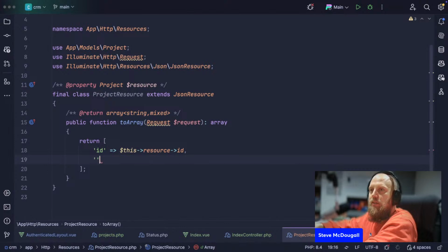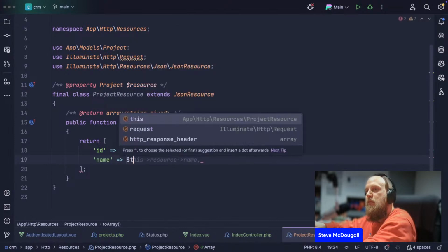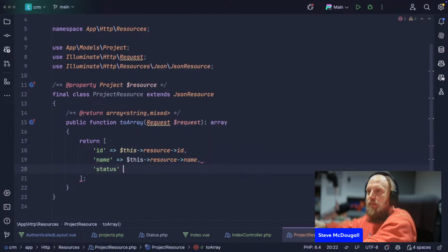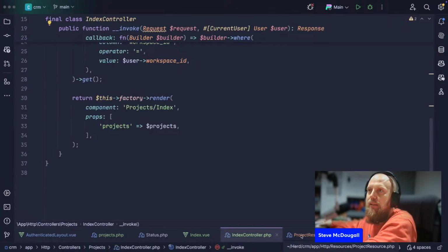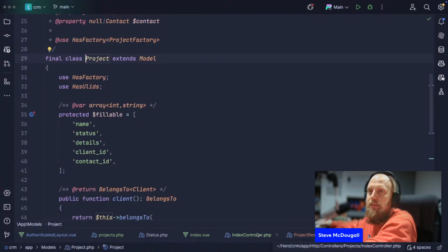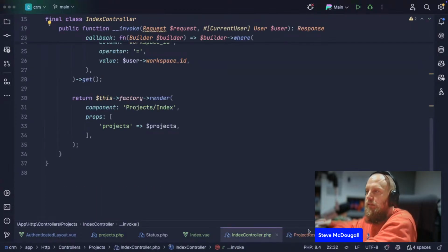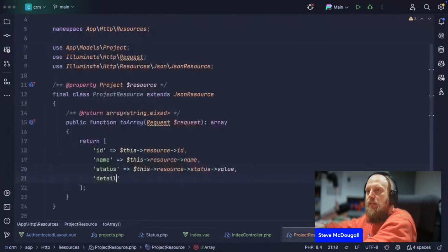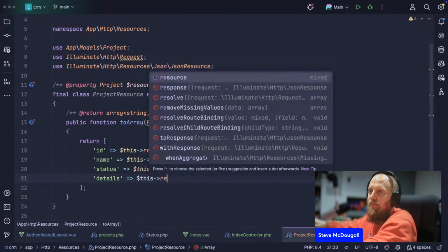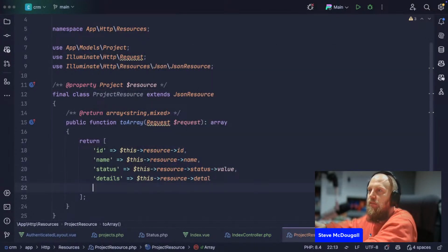So we've got name, status value, pass the value back, details, this resource details,